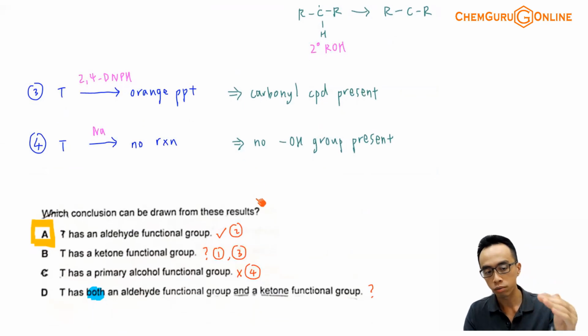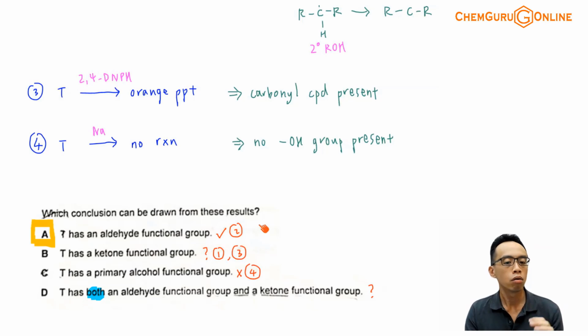So if I run through my options, A, B, C, D, A, T has an aldehyde functional group, this is true, based on result number 2 that we have. B, T has a ketone functional group. Okay, from result number 1 and number 3, we know that carbonyl functional group is present, but we can't really determine, based on the carbonyl functional group present,